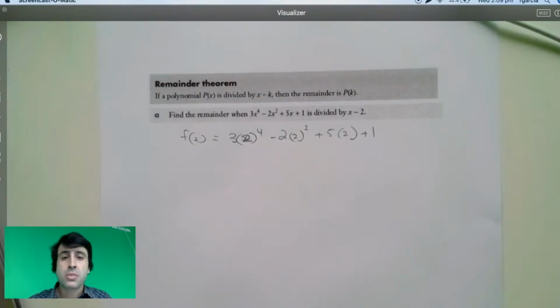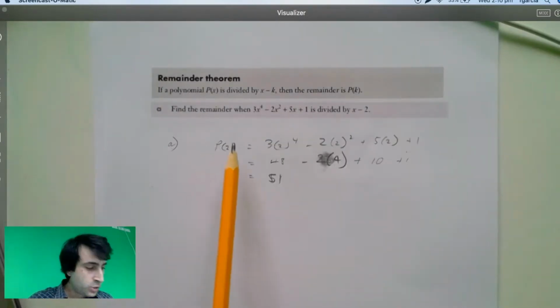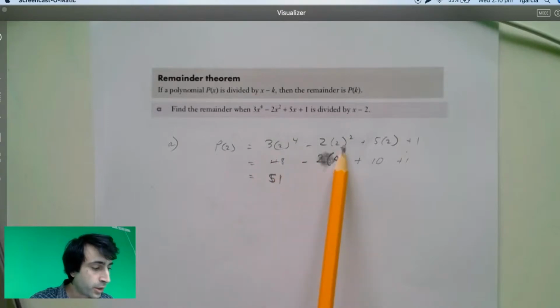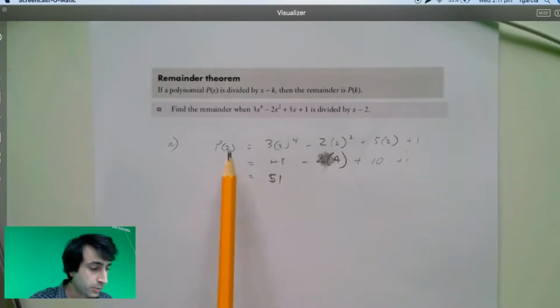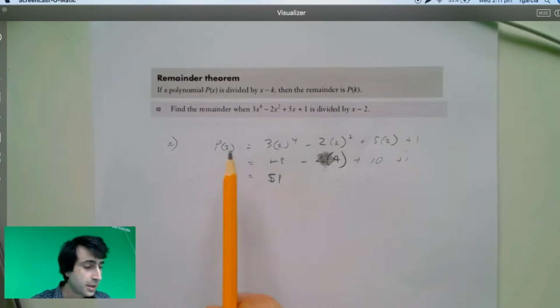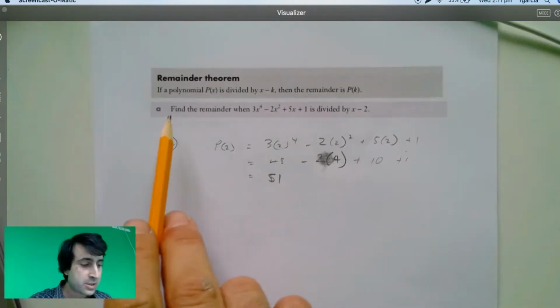Because this is so big, I'm just going to pause it and work it out, and then I'll show you. So just basically substituting that in and working it all out, the function at 2, sorry, this is one I did before, you'll notice that it's actually different. I wrote P(2) instead of F(2), ends up being 51. So from this we can say that the remainder,